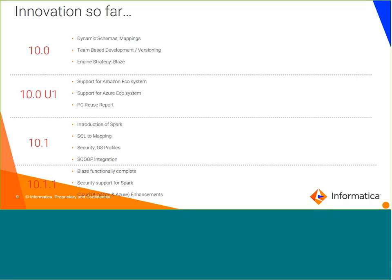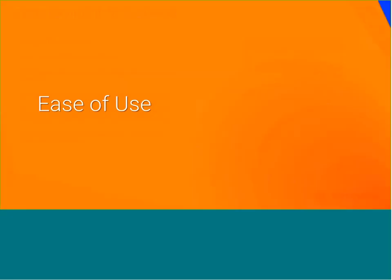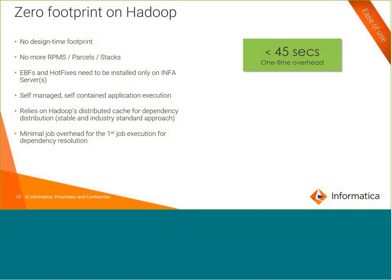And since then, we have been doing multiple releases to harden both Spark and Blaze functionality, as well as the cloud ecosystem. So in 10.2, especially, our release goal was to focus on these three areas: ease of use, platform, and cloud. There are multiple features we have done for these different themes. So when we talk about ease of use, the one big thing you will see us doing in 10.2